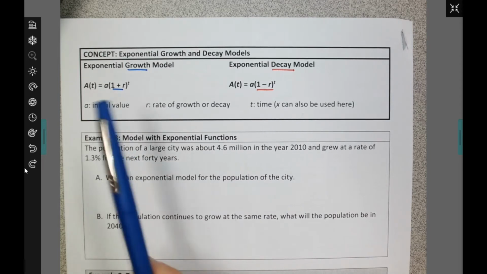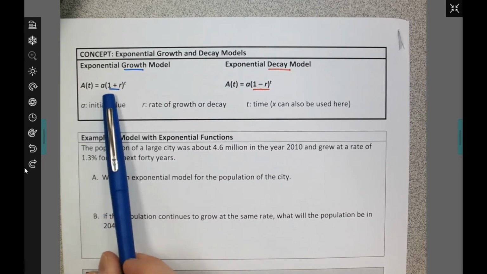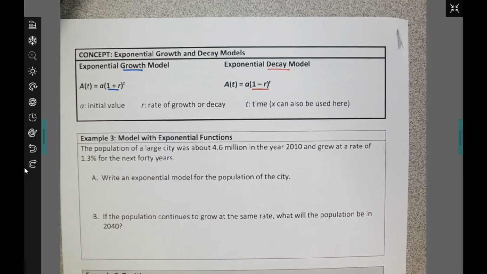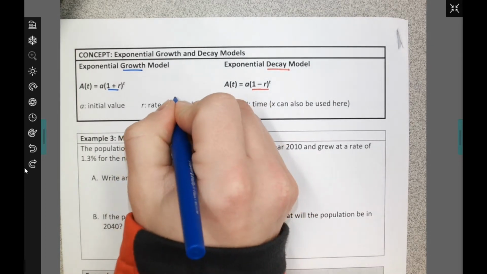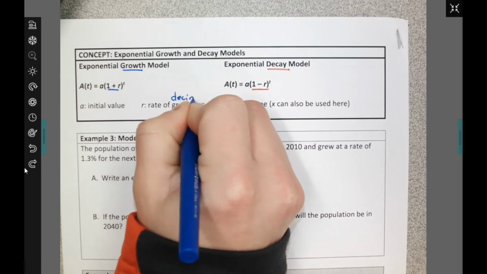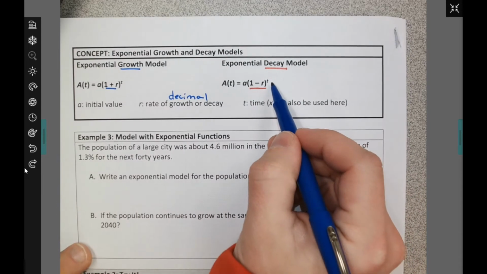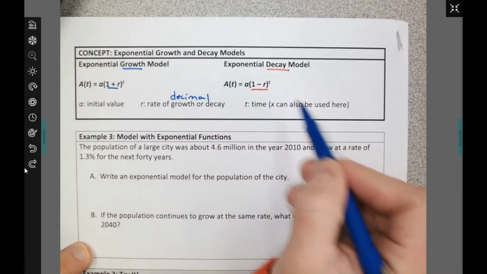In these models, the lowercase a is going to be our initial value. r is the rate of growth or decay. You make sure that that is in a decimal. A lot of times they give it to you as a percent, and we need to make sure it's in a decimal. And then t is going to be the time that it's going over. Sometimes they throw x up there, but realize that our exponent up top, outside the parentheses,